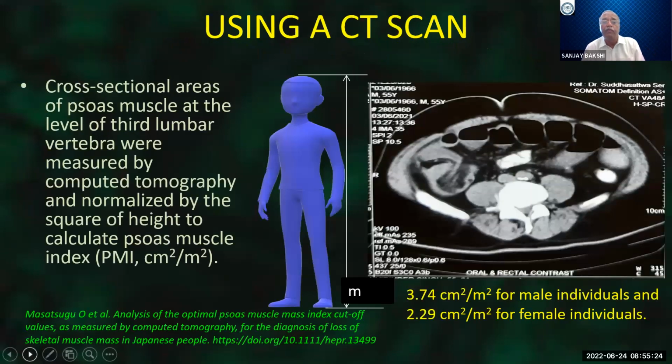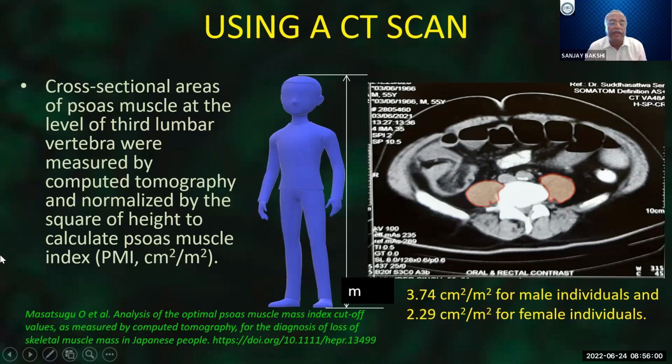What we did was measure the cross-sectional area of the psoas muscle, and this is accepted at the level of the L3 vertebra. Most of these patients have a CT scan, and you assess the area of the psoas. If it is less than 3.74 centimeters squared per meter squared, assessed according to the height in meters squared, divided into the area of the psoas,